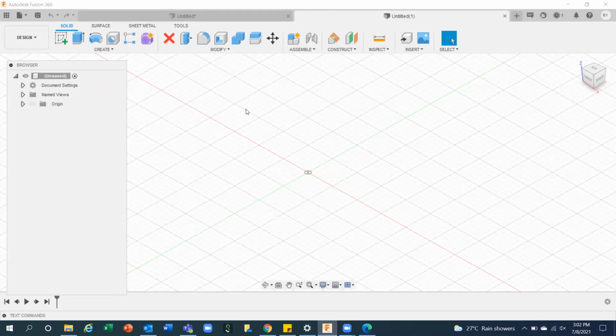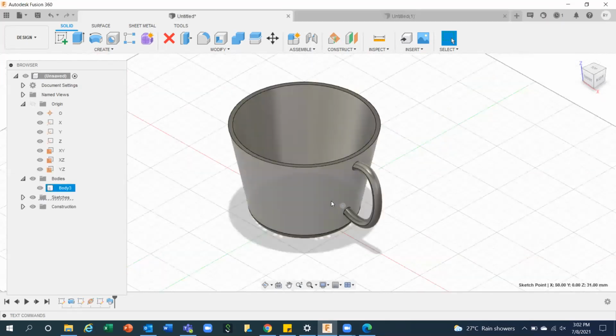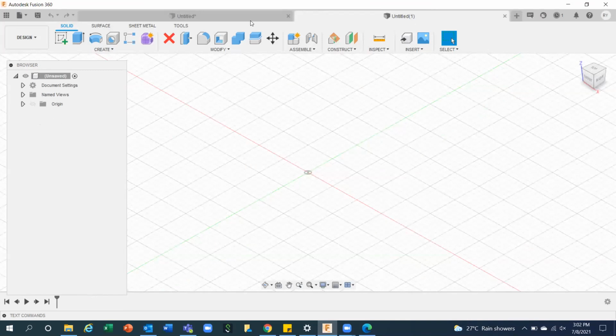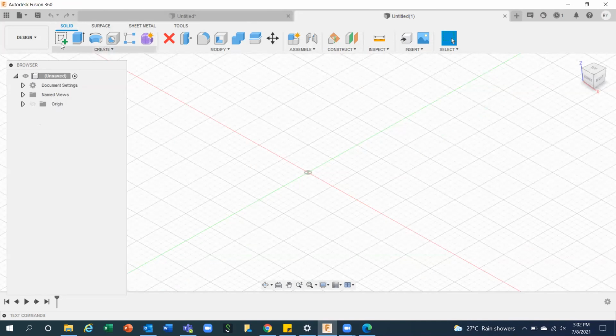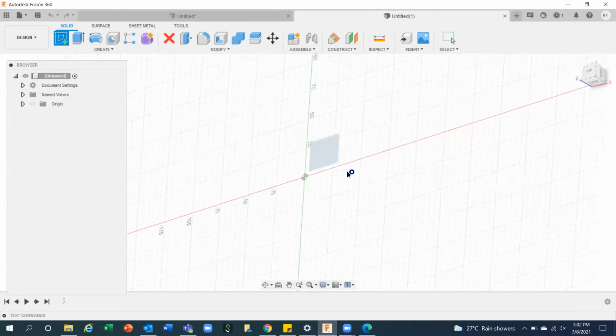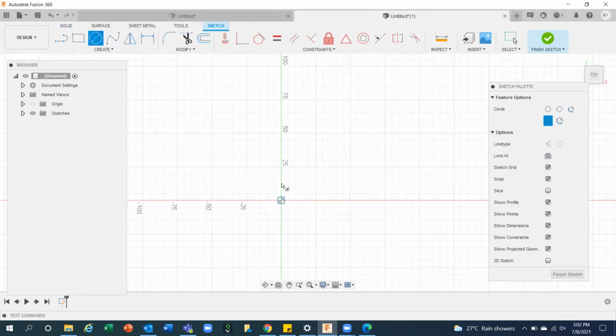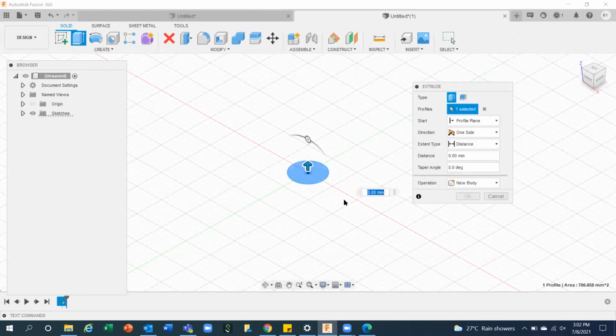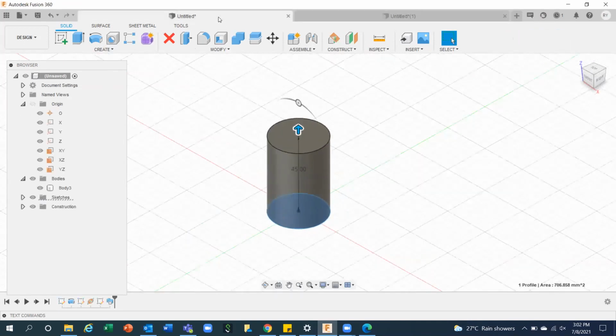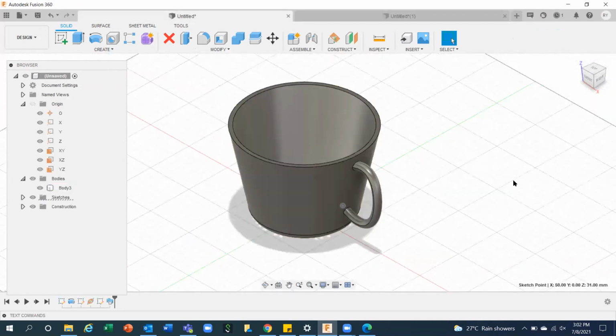Okay, let me explain. Now I'm telling you a number of methods. This is the method I have chosen from the revolve feature. Now I'm telling you, if you are not comfortable with any of the commands, you can create the same thing with other commands also. Like if I'm going to create a sketch profile, only circular sketch profile, this one, right? Going for extrude, what is happening? Cylinder, but the shape of my cup is a little bit inclined outside. You can do this thing with extrude also.